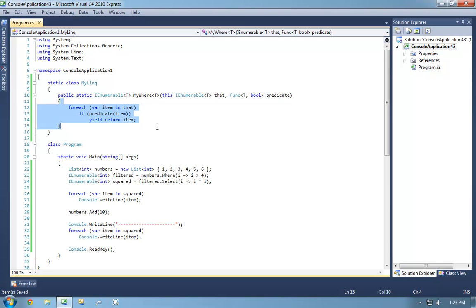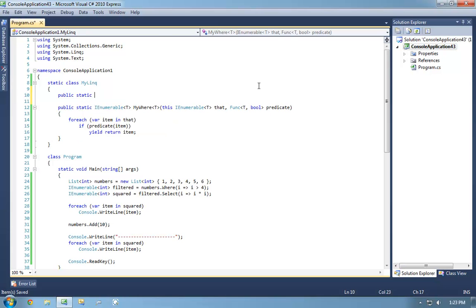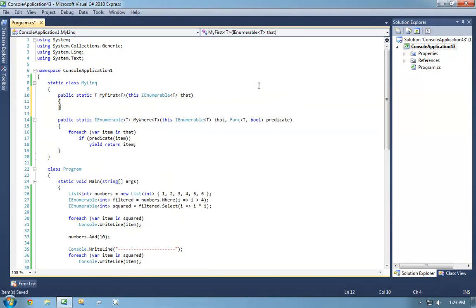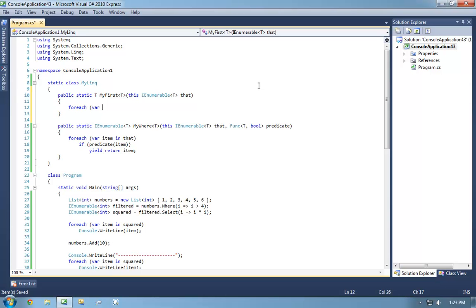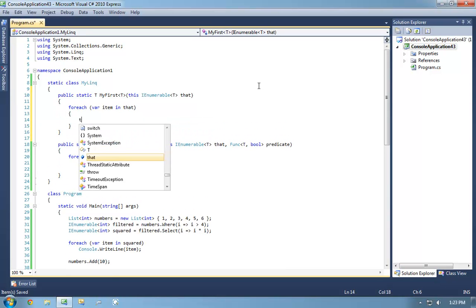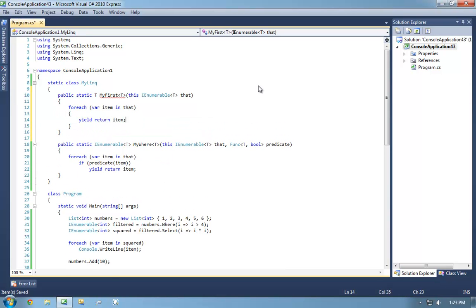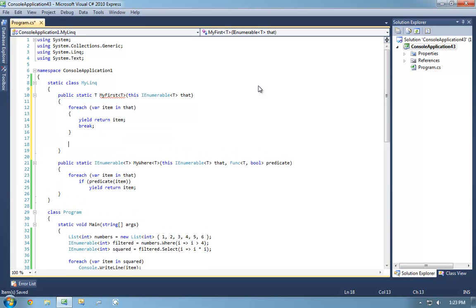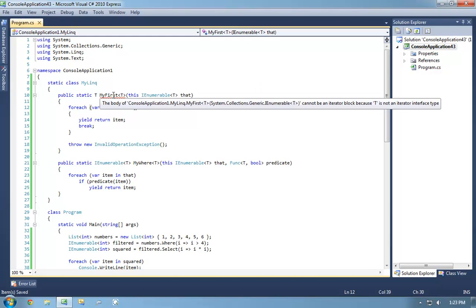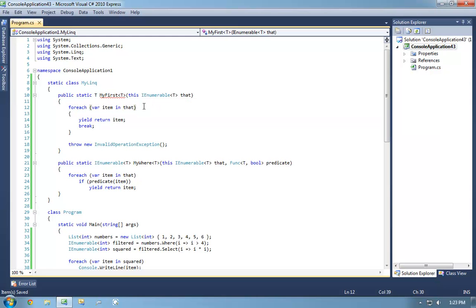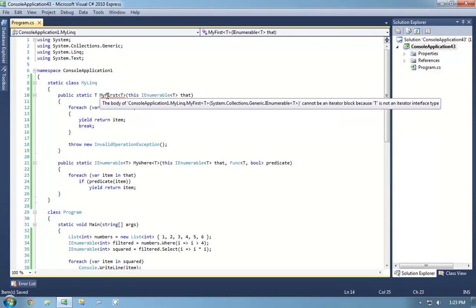Well, for my first, the key thing there is that you break when you do find it.